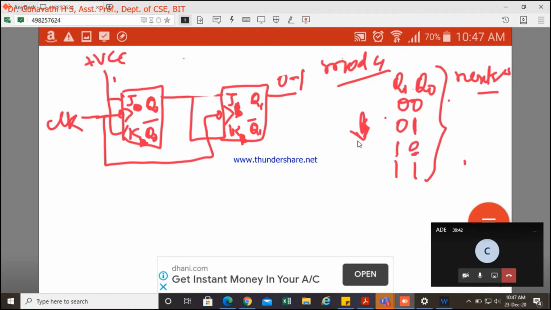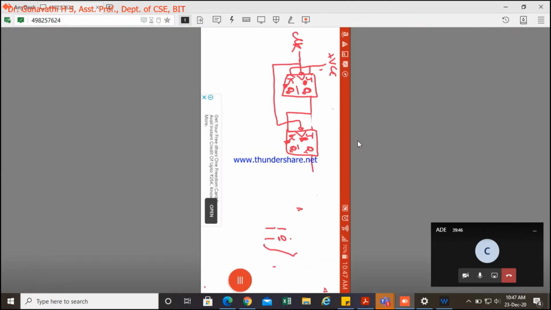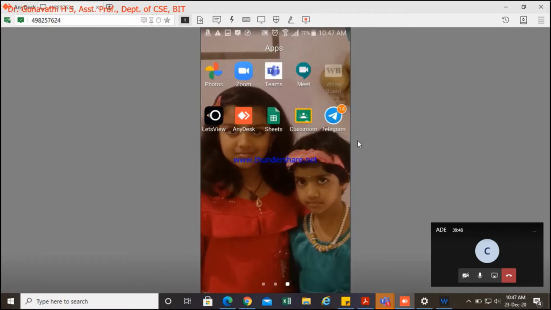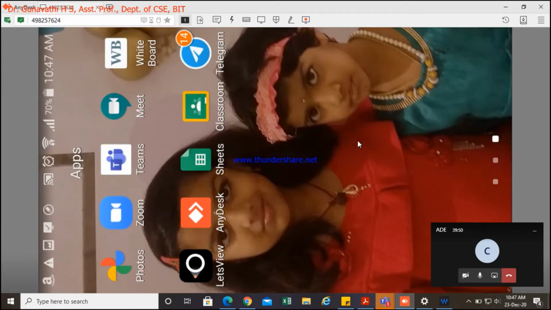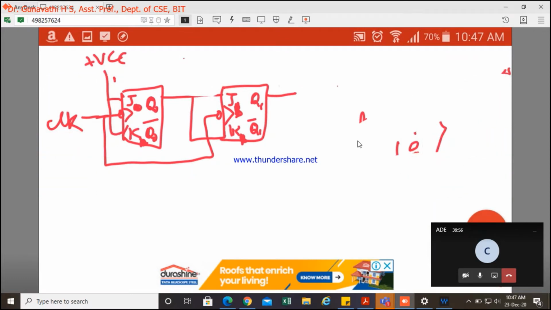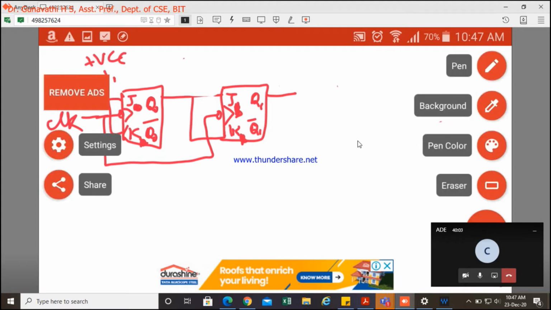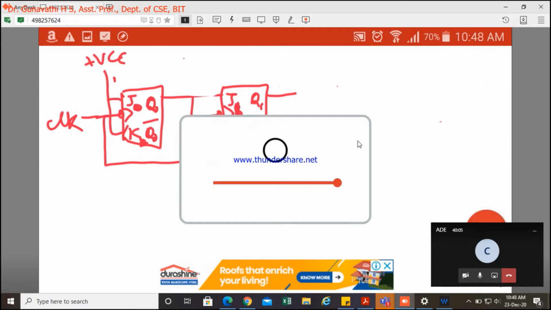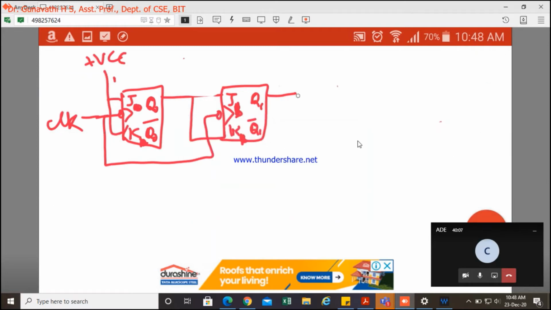So now by default I want to make it for 3-bit. What is the count it can work if it is a 3-bit? 0 to 7. Yes, 0 to 7, it is by default mod 8. For any other mod, again we need to follow the same procedure of designing it.